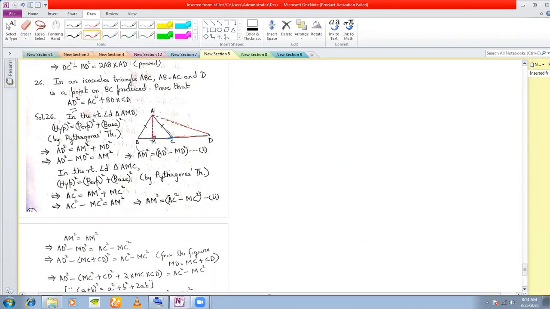So considering this right angle triangle first, this red one, this is your 90-degree, and opposite to this will be your hypotenuse. But for that, let me make a note: in the isosceles triangle ABC, I must have BM is equal to MC. I make this note and call this number 1. I'll come to this later.